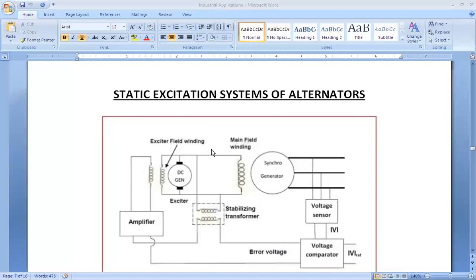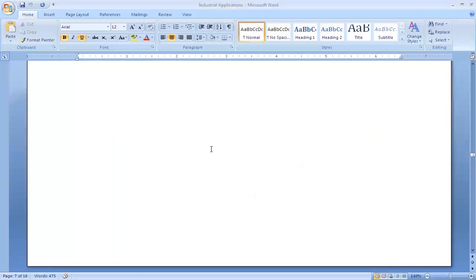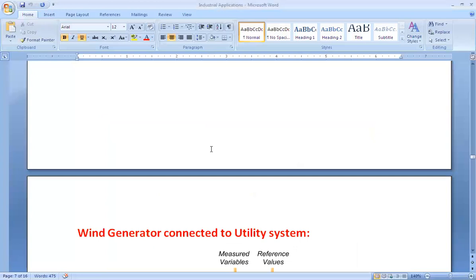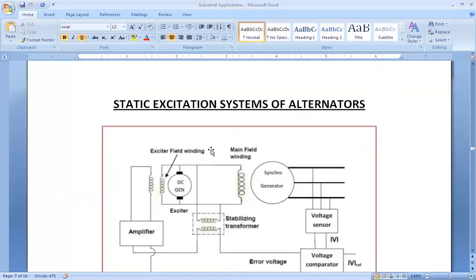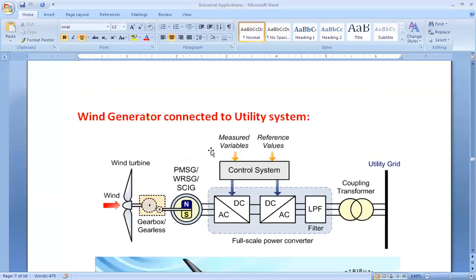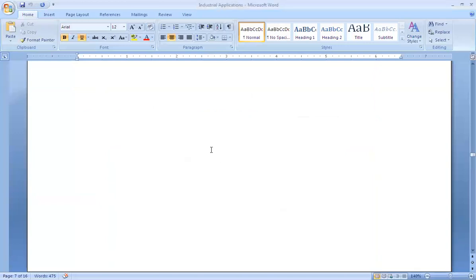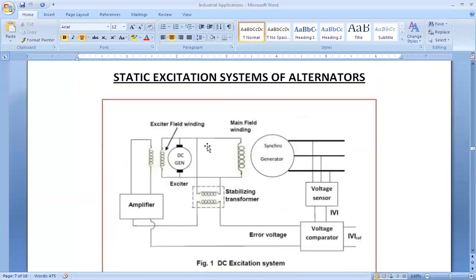But this is through a mechanical system only. Then how do we develop the voltage of the DC field winding using a static excitation system? This we generally use in our power supply system. With the help of the rectifier unit as well as the inverter, we can control the frequency as well as the DC